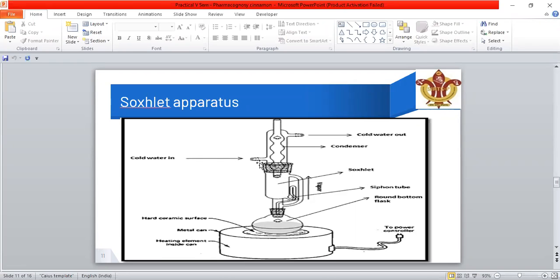Okay, so remember this is the inlet and this is the outlet. Why is the inlet near the bottom? Just because the hot water will travel up and is easy to remove from here, and the cold water will condense the steam sooner. It won't allow the steam to escape from the top opening.